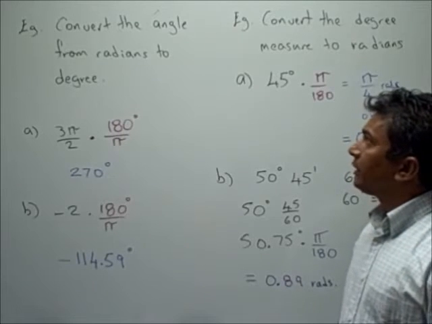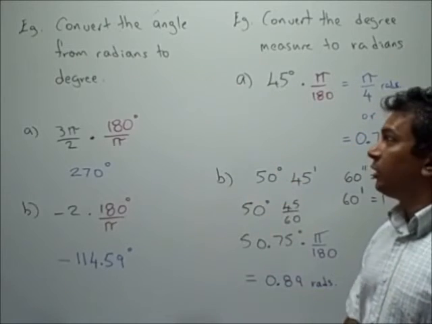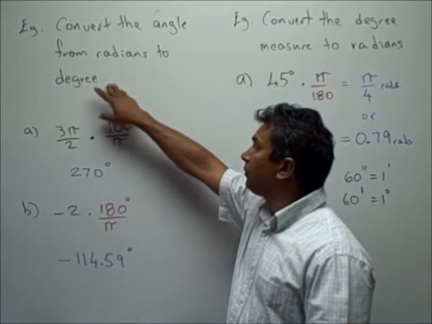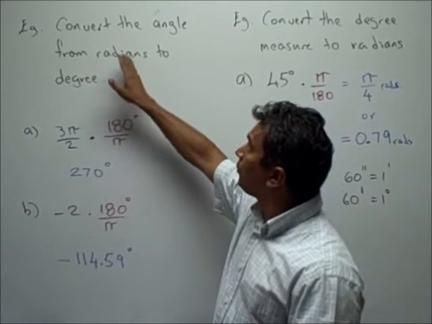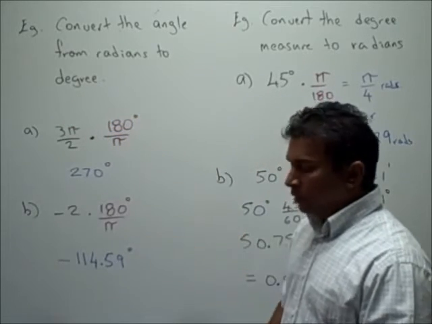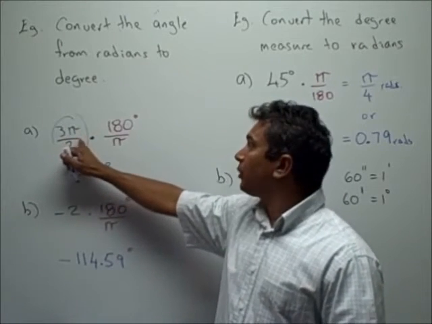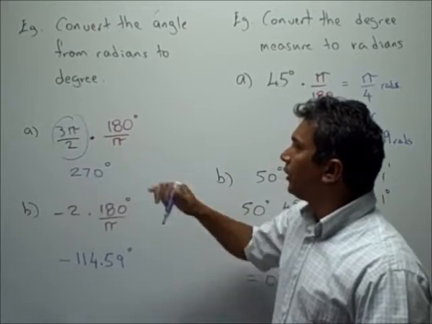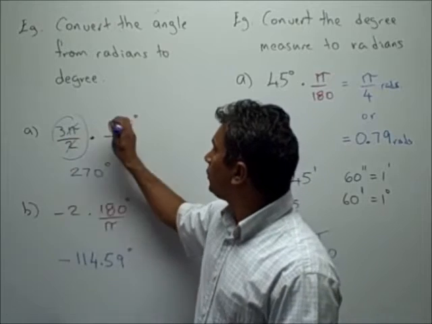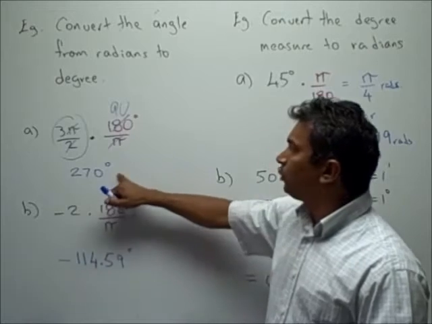Here we're looking at a few examples of converting angular measurements from radians to degrees and from degrees to radians. In our first example, we're going to convert from radians to degrees. You recall we said that to convert from radians to degrees, we multiply that radian by 180 over pi. So in this example, we're given 3 pi over 2 in radians, and we're going to convert it to degrees, so we're multiplying by 180 over pi. Here the pi's will cancel. The 2 will cancel with a 180, giving us 90, so we're left with 3 times 90, which is 270